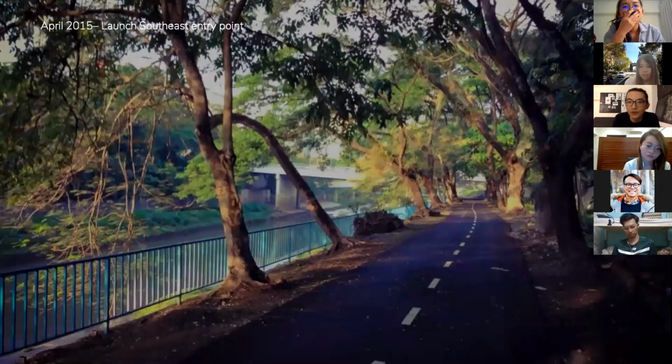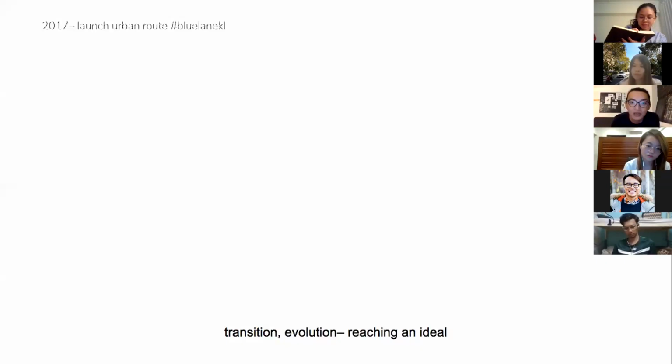And this is what it looked like. This is part of it. This is the best part of it, sorry. With mature trees by the river and existing space. So it's actually just an upgrade of the river reserve into a cycling path. So this was in 2015 when it was launched. Of course, now it's much, much more different because, of course, the River of Life came here. But then this was our biggest benchmark after the bicycle map project.